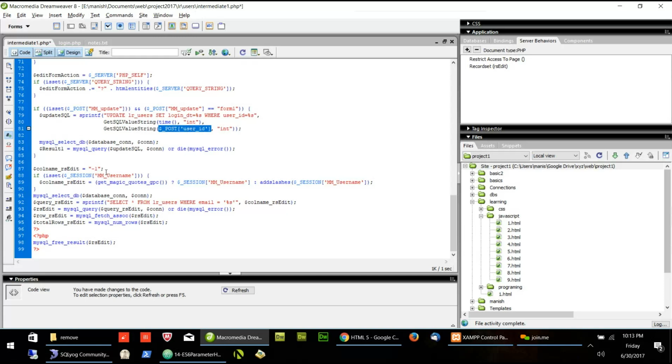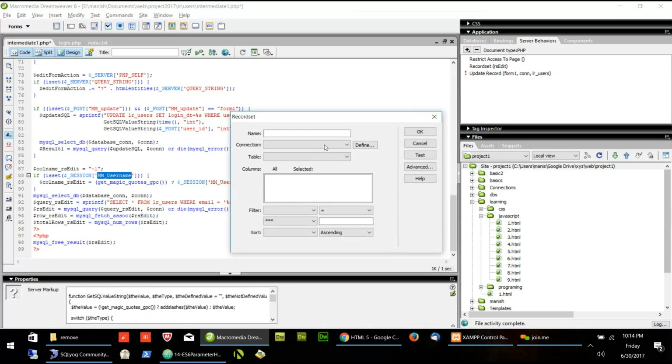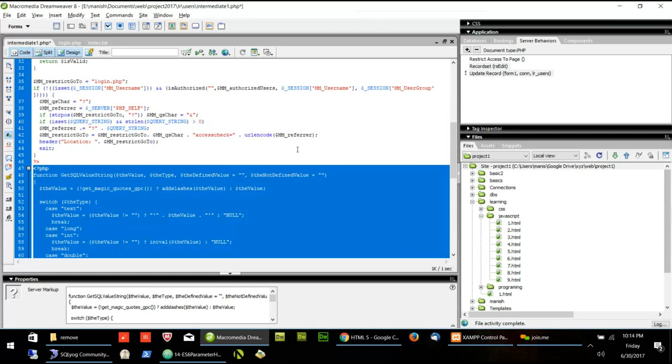Session has only a username, that is the email. I will get the user ID from this RS edit, because if I double click RS edit, you will see I am getting the user based on the email. So I have the user ID. I will get the user ID from RS edit.